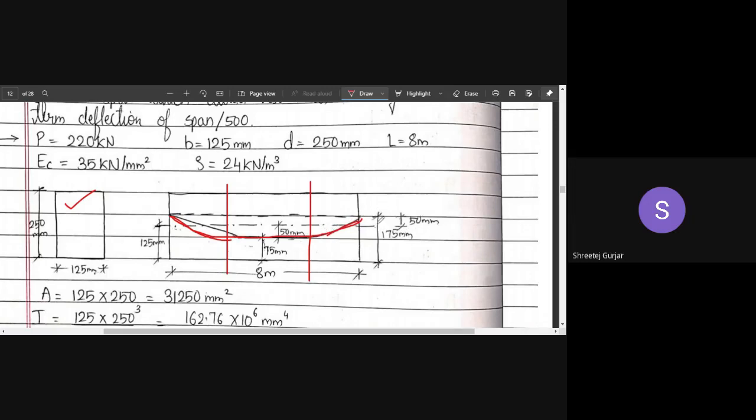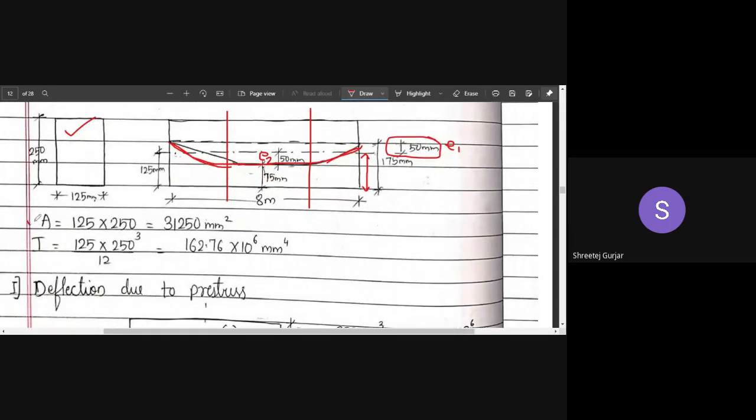Okay, so they have provided this is 175 mm. So from the centroidal axis, it will be what? 50. What is this? It is half of it, right? 250 divided by 2 is 125. So 175 minus 125 will give you 50. So this we'll consider as E1, and this is E2. 50 mm is E2. How have we arrived at 50 mm? 125 minus 75 will give you 50. We'll consider this as E2.